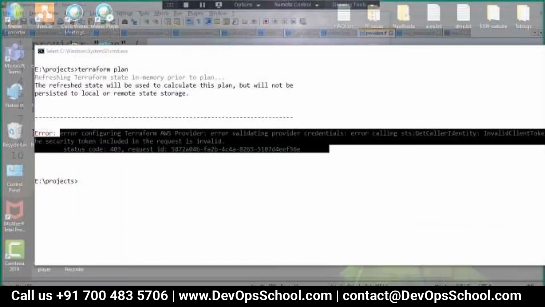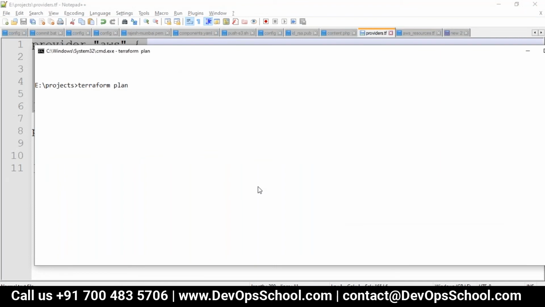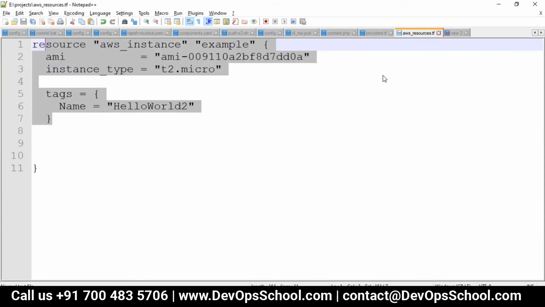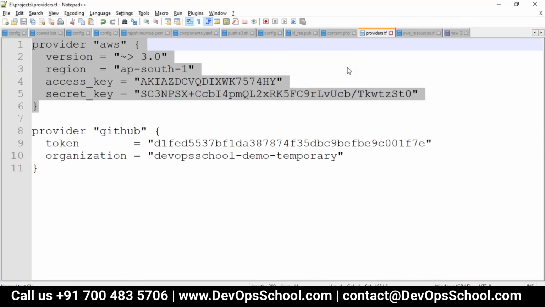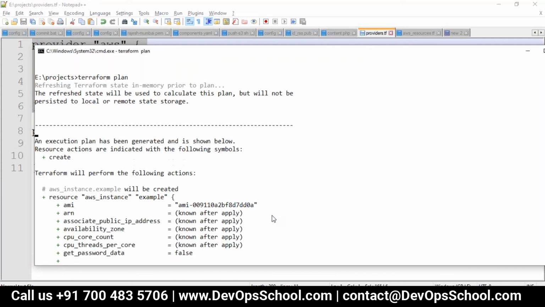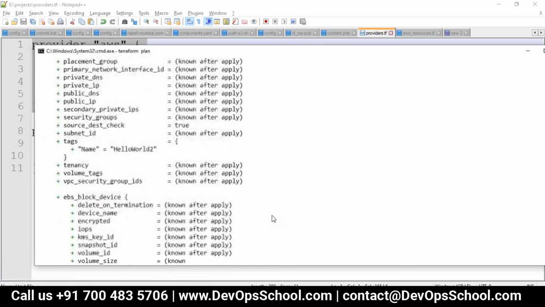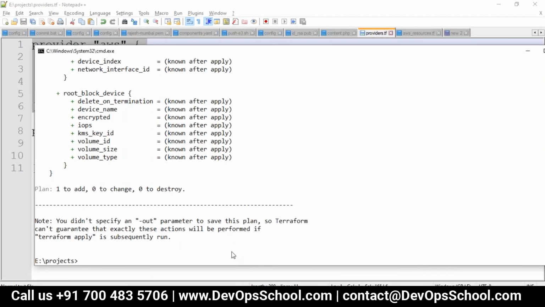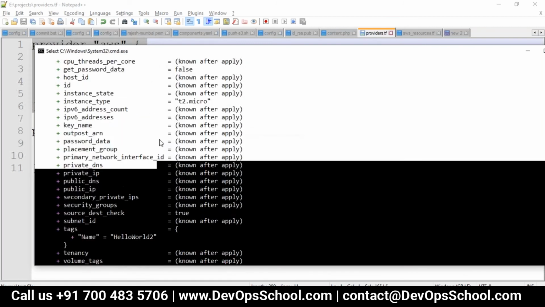So can I do the plan now? Right now, I updated this. Remember my AWS resource, I want to create one instance. If you set count equal to 3, it will become 3 instances. So count is a way to do that. And you see here, it worked. How many? 0 to add, sorry, 1 to add, 0 to change, and 0 to destroy. That means 1 resource I want to add, and this is the plan.